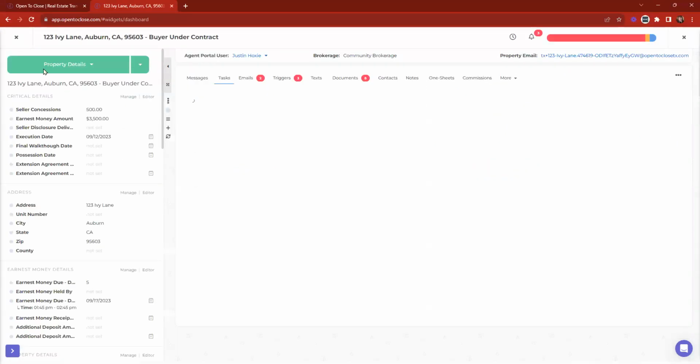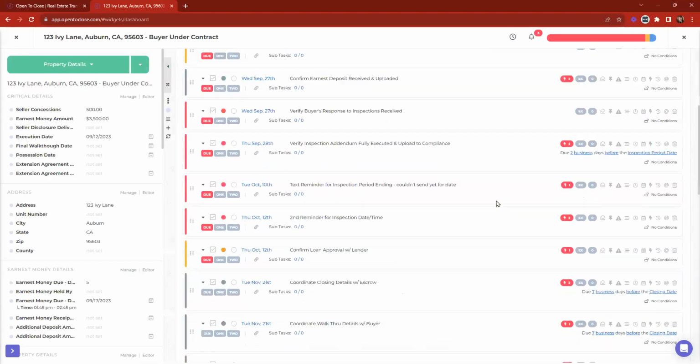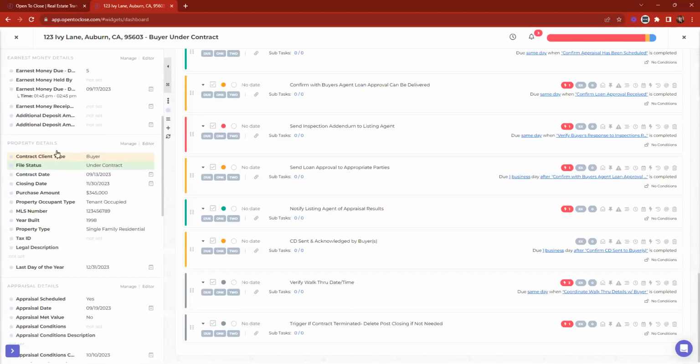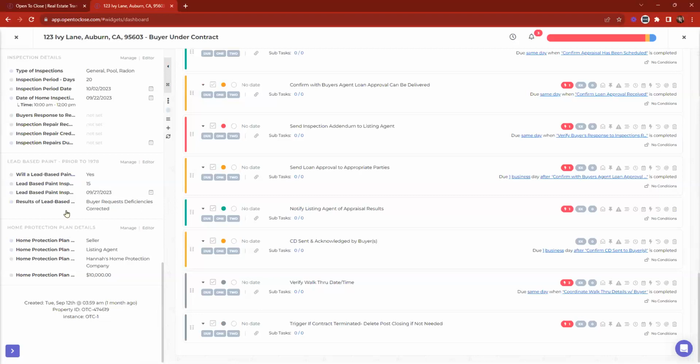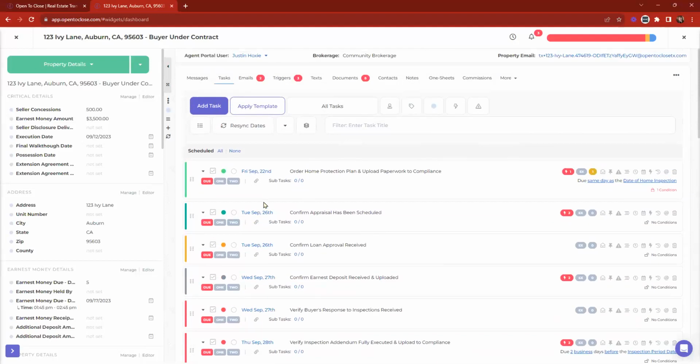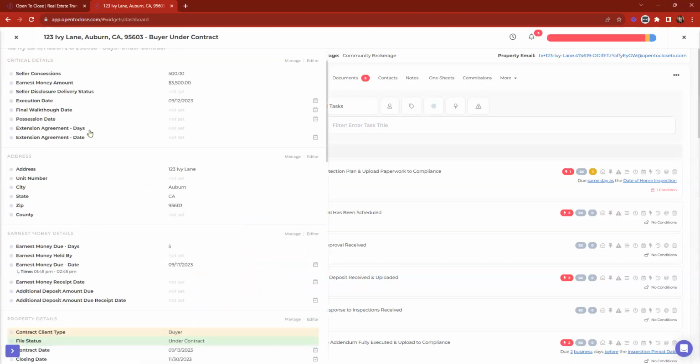So if for example, this one's currently under contract, let's say I get to the end of my task list and I say, oh, well, actually this was terminated, and I check off this task, there's no way to have that task completion change anything in your fields. The way that I would probably suggest to have that updated is it just kind of depends on what plan you're on, right? If you're on that scale plan, then you're going to be updating your fields primarily the entire